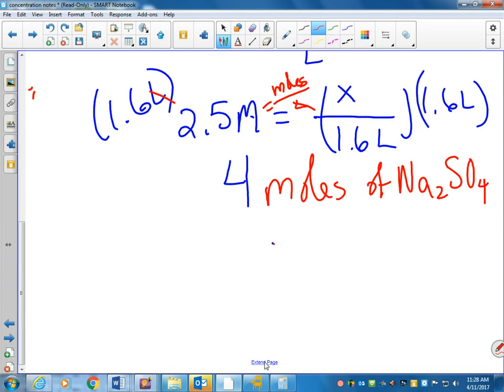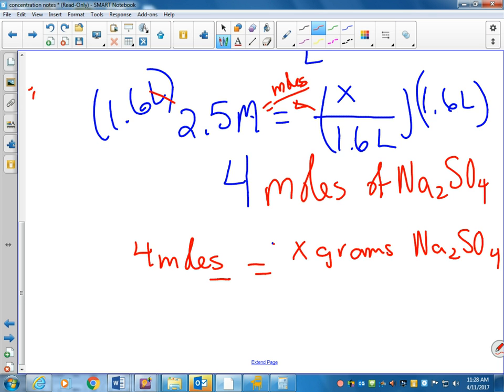So what can we do? Well, we can go old school, right? We can say, well, I have 4 moles of Na2SO4. I want to know X grams of Na2SO4. Special number for moles is 1. Good. How do we figure out the special number of sodium sulfate? Sodium is 22.99, so 2 of those, plus 1 sulfur, 32.07, plus 4 oxygens, 4 times 16, to give us a total of